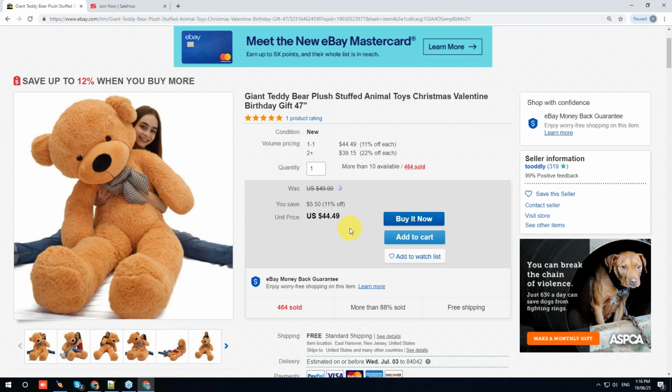Now, there are bargain shoppers out there. These bargain shoppers are people that will never pay a penny more than they have to. So if they have to spend an extra 30 minutes in order to save an extra 50 cents, they will do it. And this customer base is the absolute least valuable customer to go after, because these are customers that thrive off of businesses going under. Because if there's one seller of a given item that's going out of business and they're just doing a liquidation sale just to unload the last bit of their inventory,